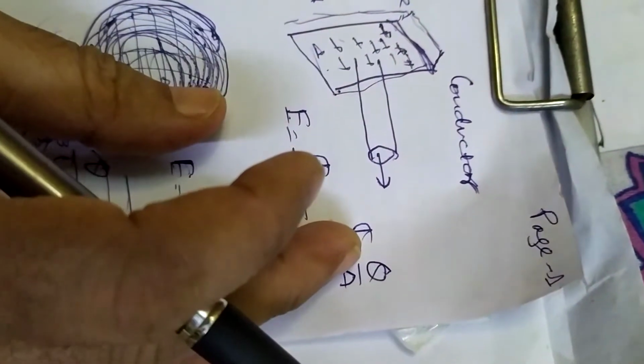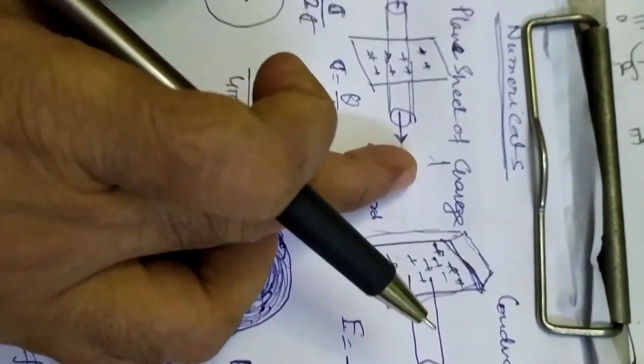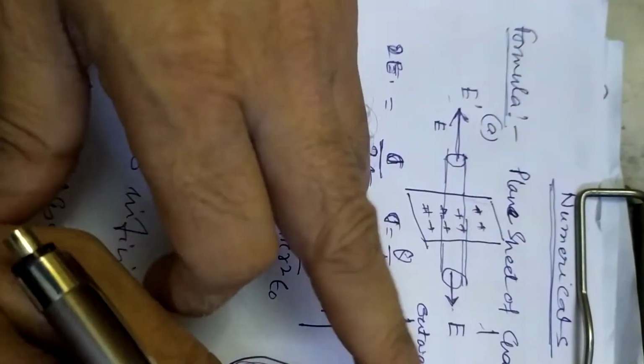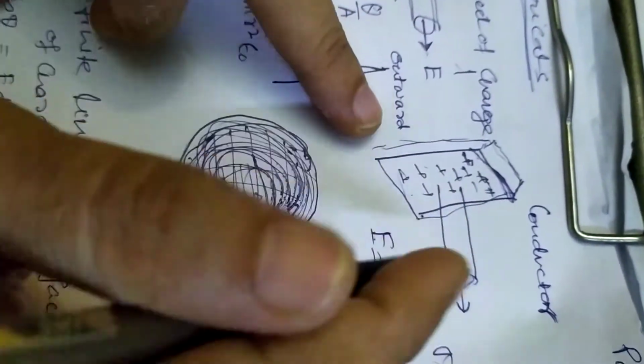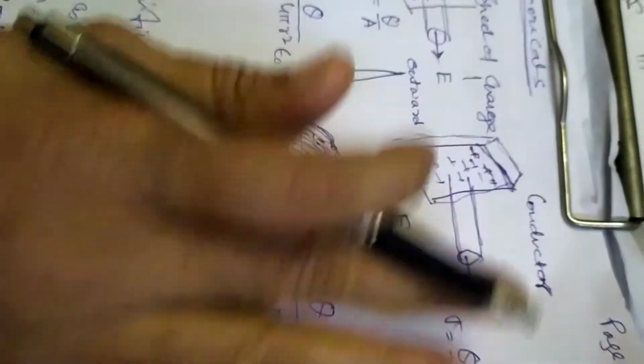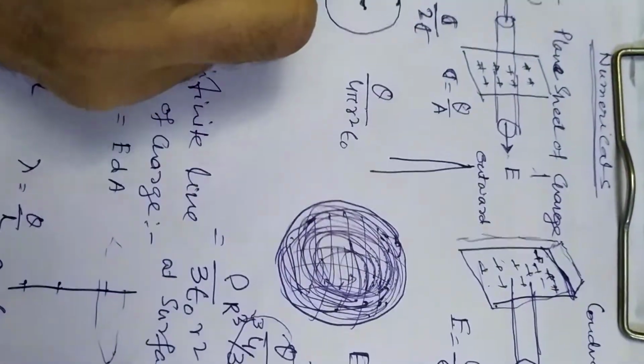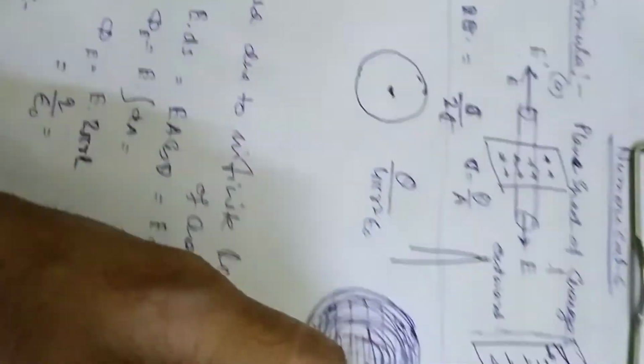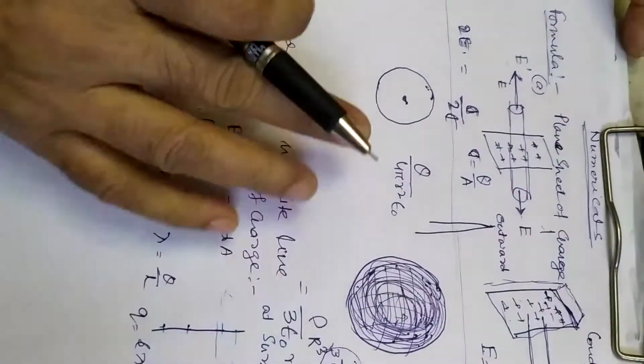Why is it half? You can say there are two parts of the electric field in this case, but here there is only one part of the electric field coming. So it is clear to you. Now this is very important for CBSE and it comes very often in different forms. Now next we'll